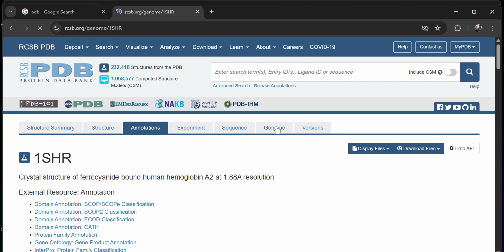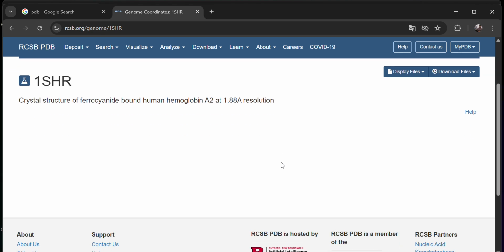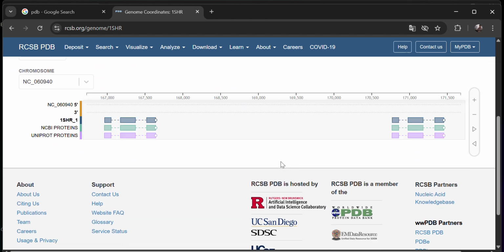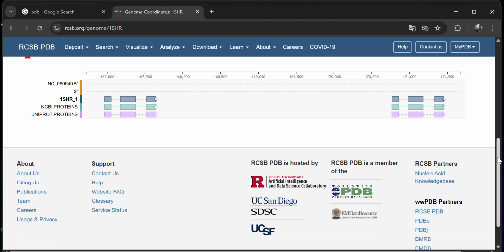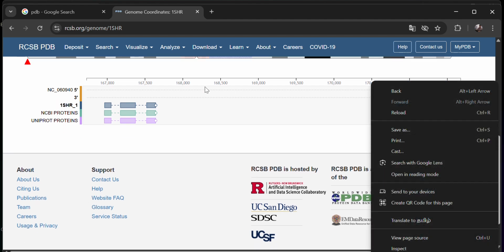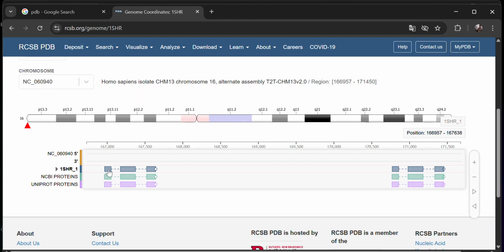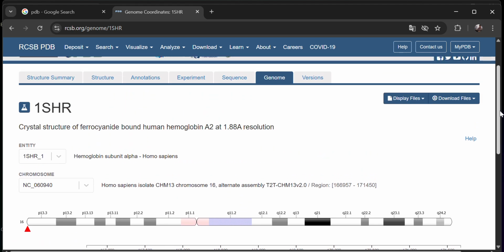Genome, so, okay, see that this is the genome, the chromosomal structure and the genome. So don't worry about this. See that positions are available. Okay, so as a result, you can take the results from the structure summary and the experimental sequence if you want. Okay, next thing we will download the